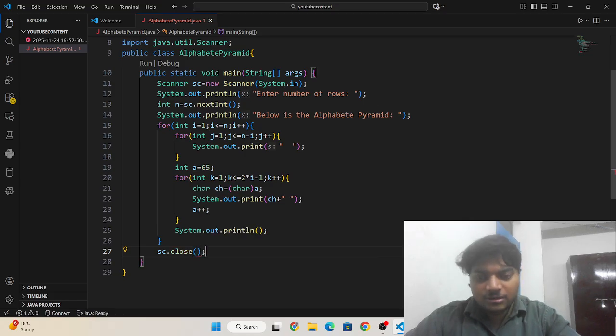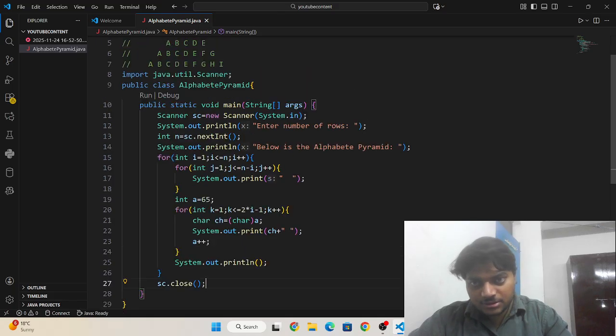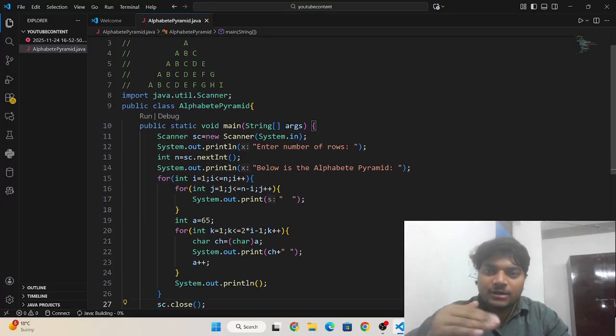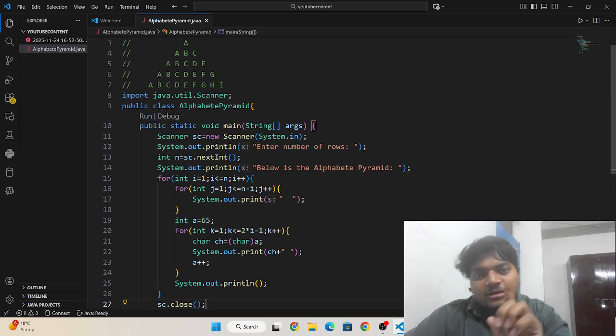Now I have written the complete code for this. First we are going to print the spaces, and then we are printing the alphabet in each row. How many alphabets are going to print? It is twice i minus 1. If you are in the first row, then 1 alphabet is going to print.